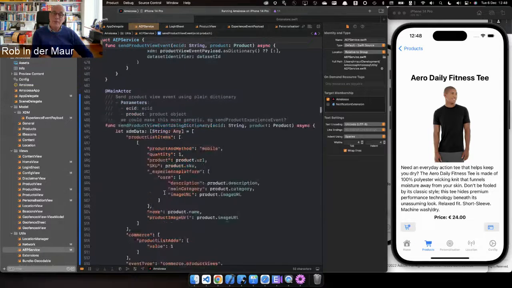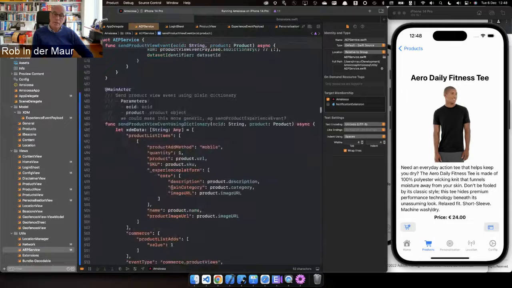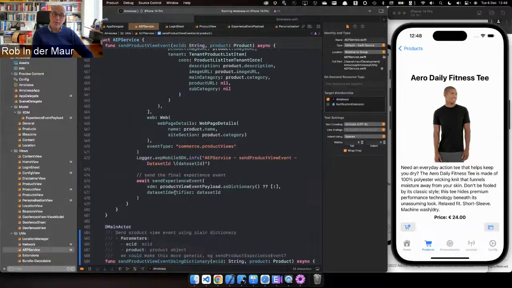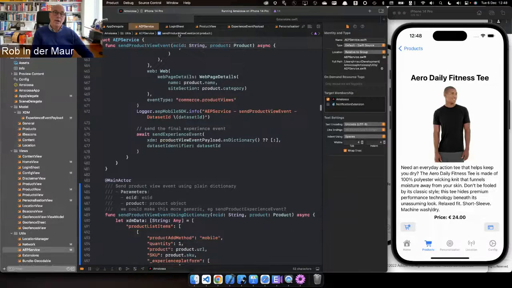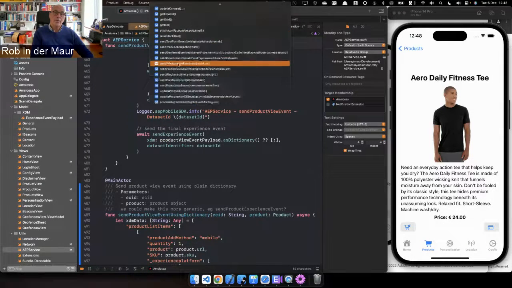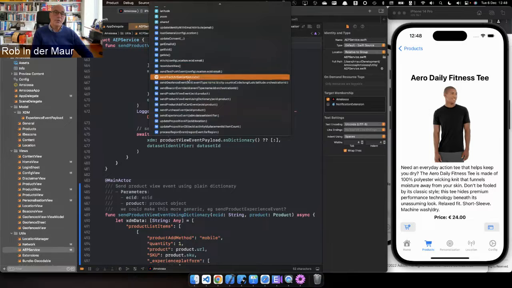In the end, for the payload that you're creating, either through this dictionary method or through the struct method, you need to send an experience event into Adobe Experience Platform so that that product view event or that product purchase event actually arrives in Adobe Experience Platform. So that is what's happening here with the send experience event call. And if I look into that, because again, that is a wrapper for the actual event,